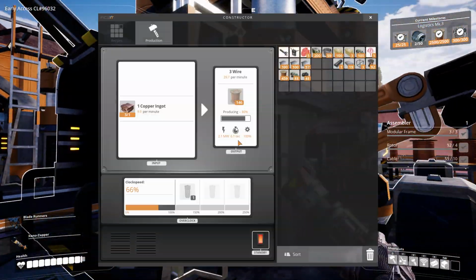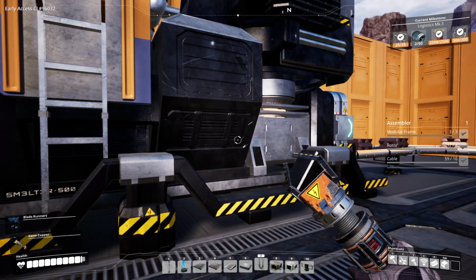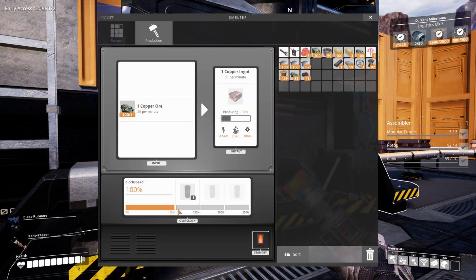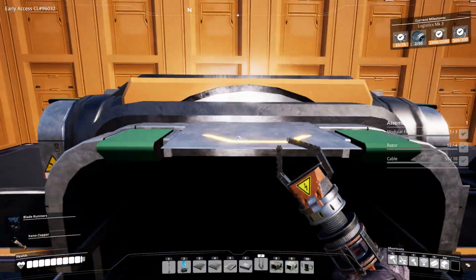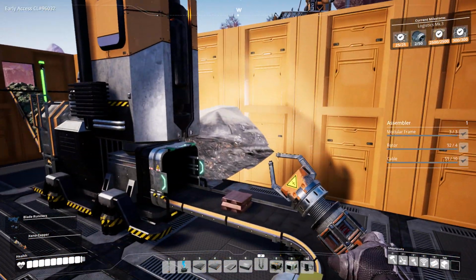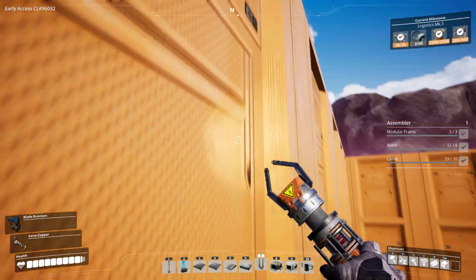What do these guys need now between them? 20. So we can also take you to 66%. So you make 20. And that means we only need 20 copper, which means a miner Mark II is way overkill. So I'll probably be replacing that with...